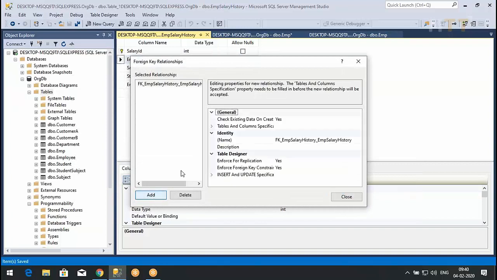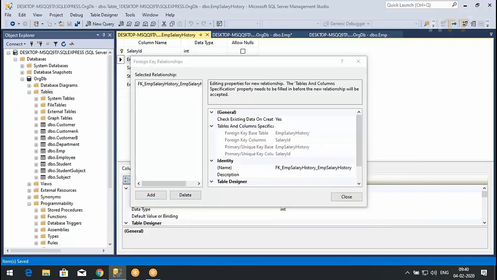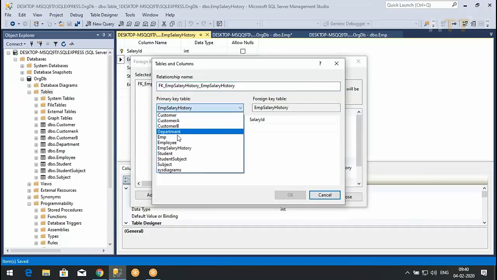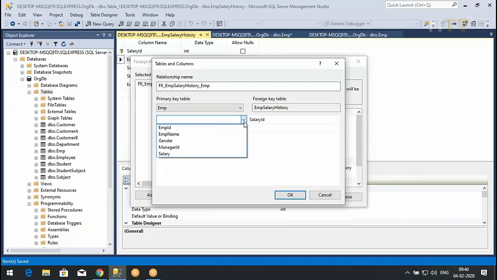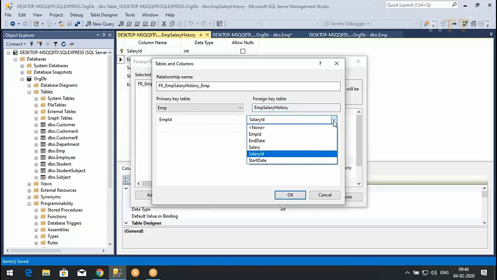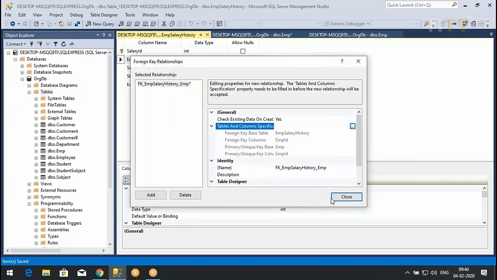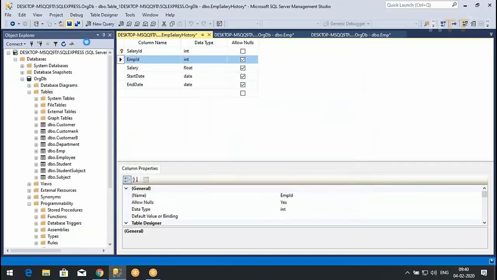I'll say add relationship. Browse this. The primary key I'm getting from the EMP table, and EMP ID is the primary key. The foreign key is employee salary history, and EMP ID is the foreign key. Got this? Say OK. Say close. Say save. We got the relationship now.